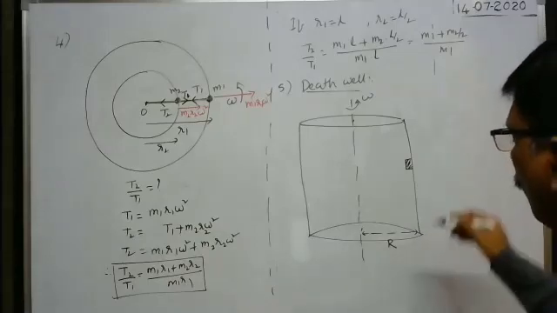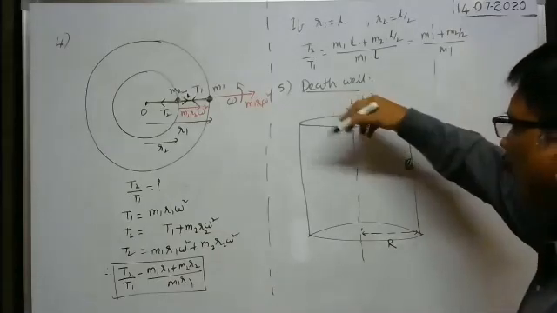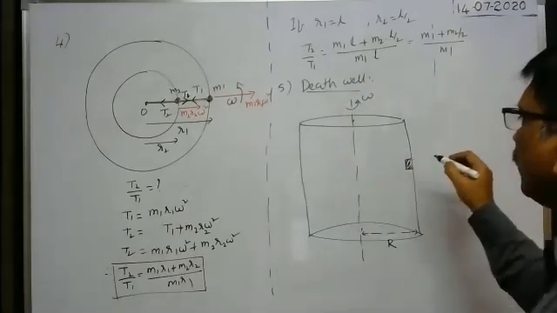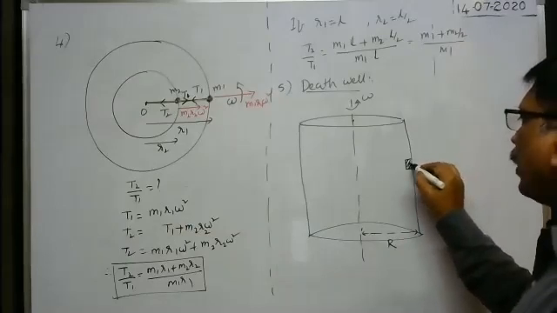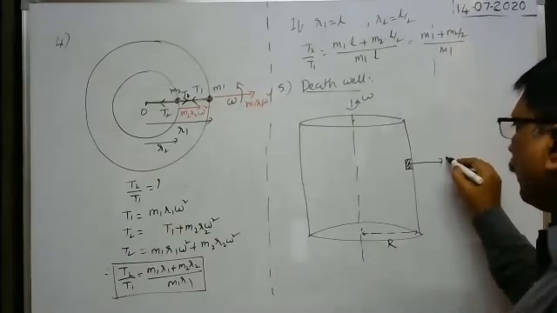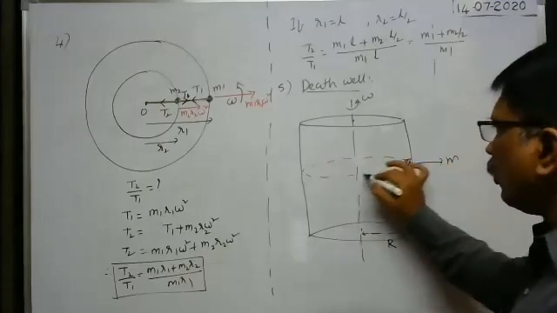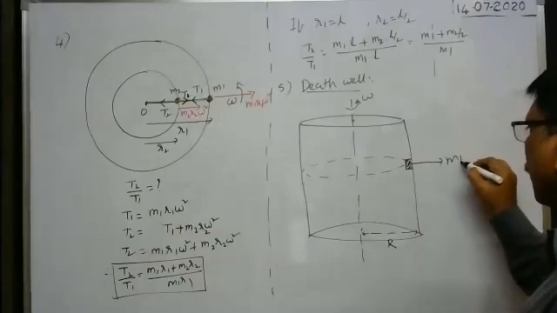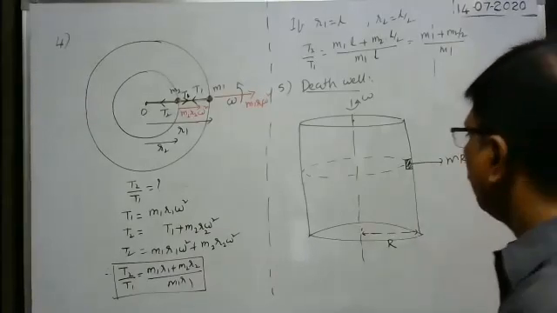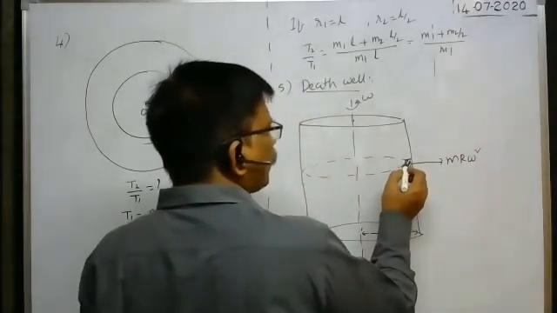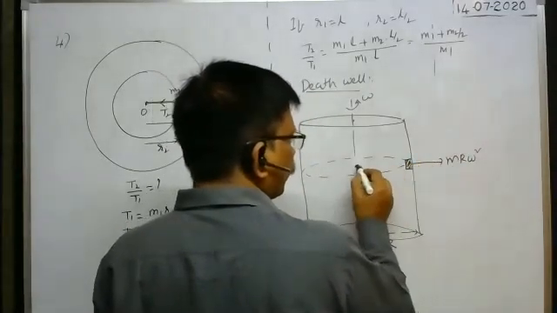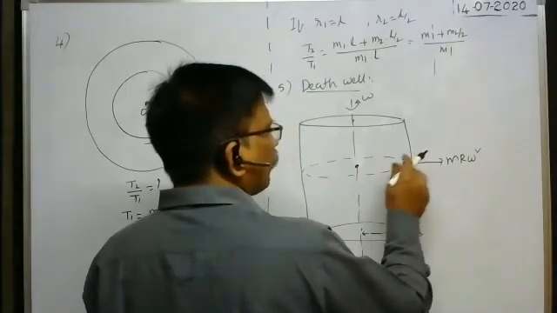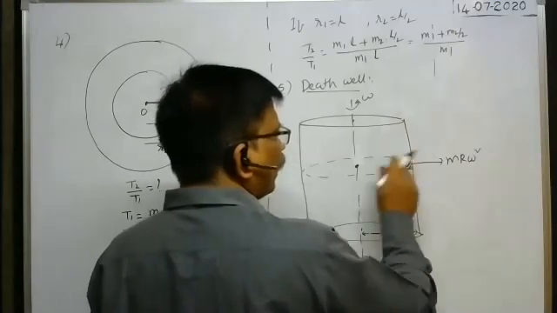Okay. So whenever the death well is made to rotate, or this body is making rotations in the death well with angular velocity omega, then this body experiences centrifugal force m into the radius of the circular path, which is equal to the radius of the death well, into angular velocity square. As the body experiences the centrifugal force away from the center, the body does not break the vertical wall of the death well and come out.